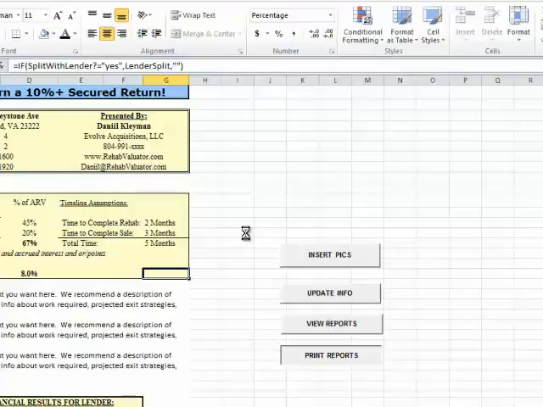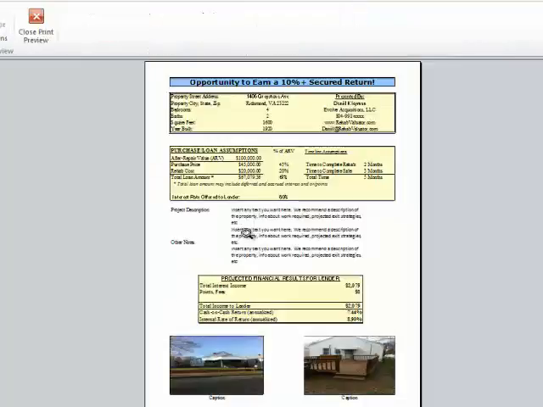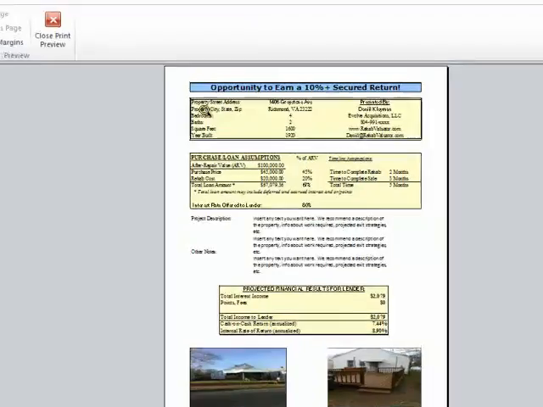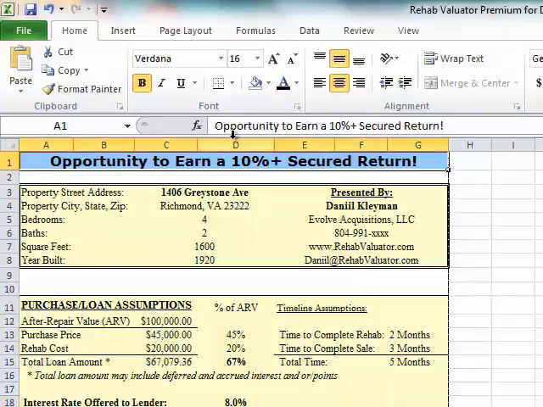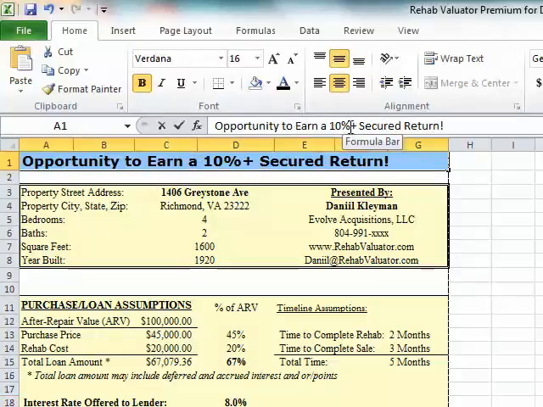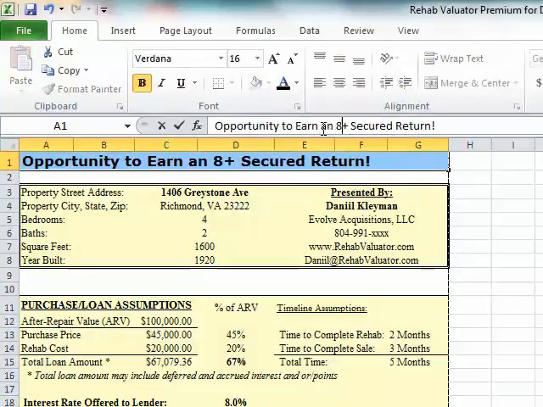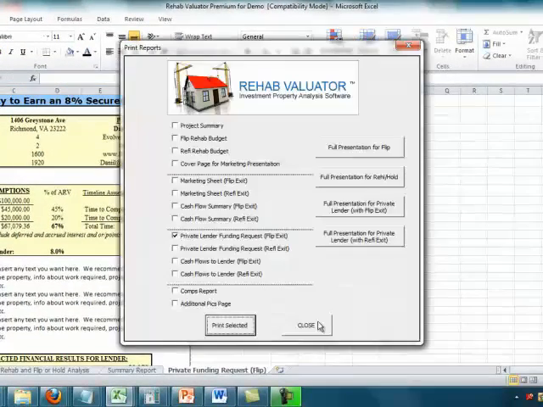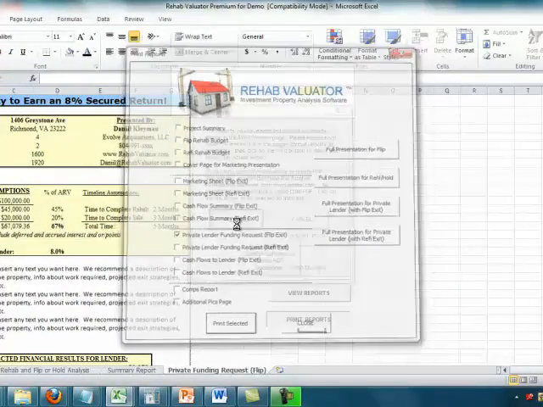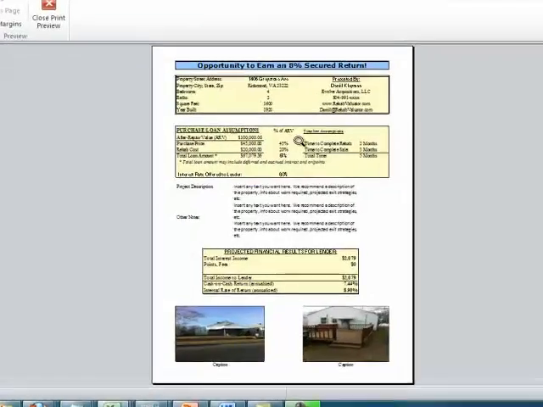Right there. And let me go back, and I'm going to change this headline because your private lender is not making a 10% return. So let's see. Okay, opportunity to earn an 8% secured return. So now I'll show you what this looks like. Boom. You can print this out, or you can just make a PDF document out of this and send this